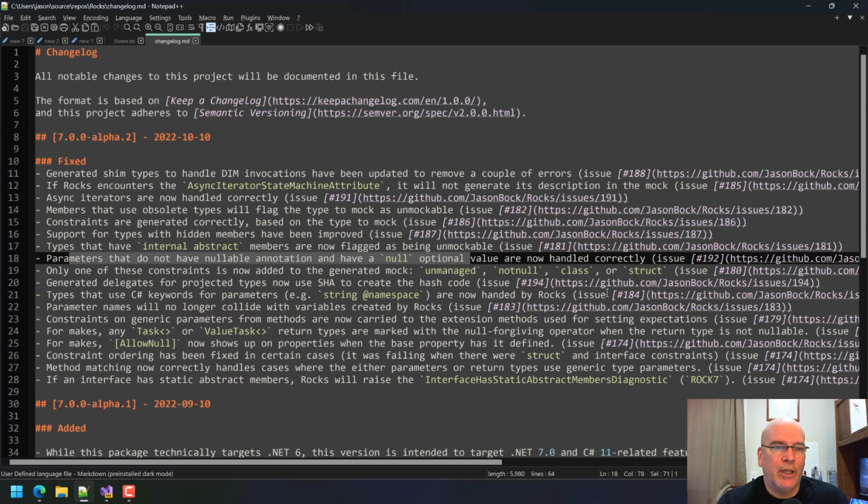These next two, the async iterators and rocks. Actually, async iterators were kind of fun, because if you have a method that is an async iterator, so you implement async enumerable, when the method returns that, the method has to be implemented in a very specific way. It has to do a yield return, if I remember right. And that's not what I do.